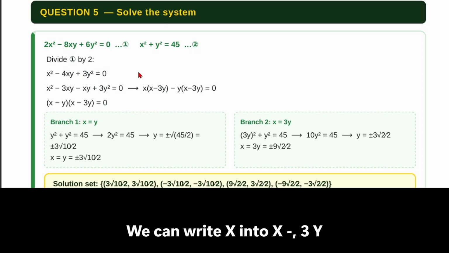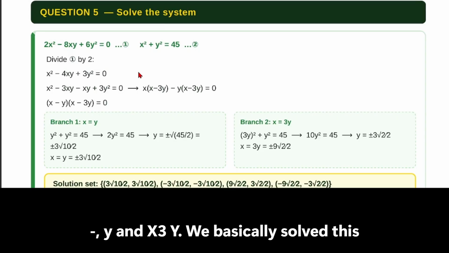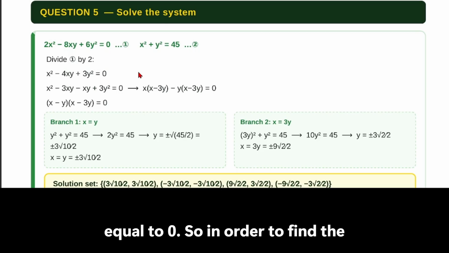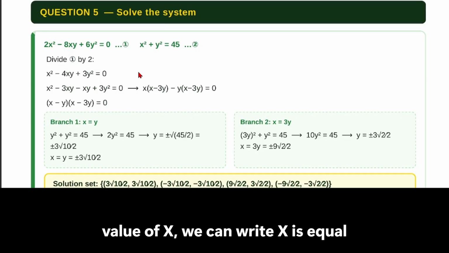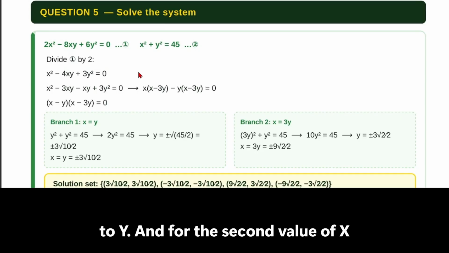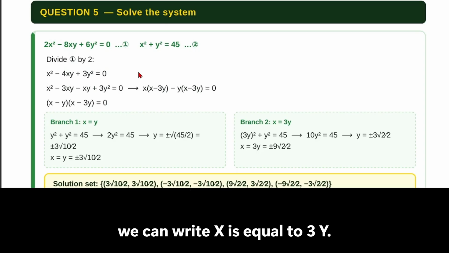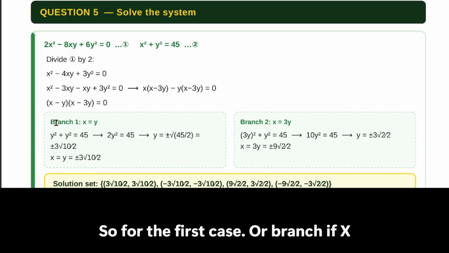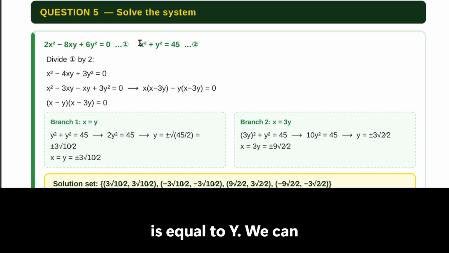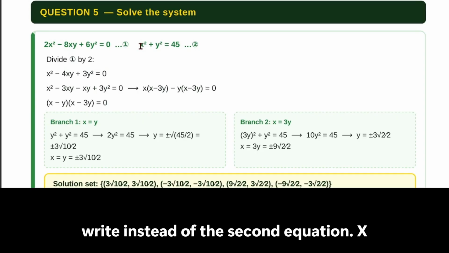So now we can further expand this equation. We can write x into x minus 3y minus y into x minus 3y is equal to 0. So we got the two terms x minus y and x minus 3y. So that means that x minus y is equal to 0. So in order to find the value of x, we can write x is equal to y. And for the second value of x, we can write x is equal to 3y. So for the first case or branch, if x is equal to y,